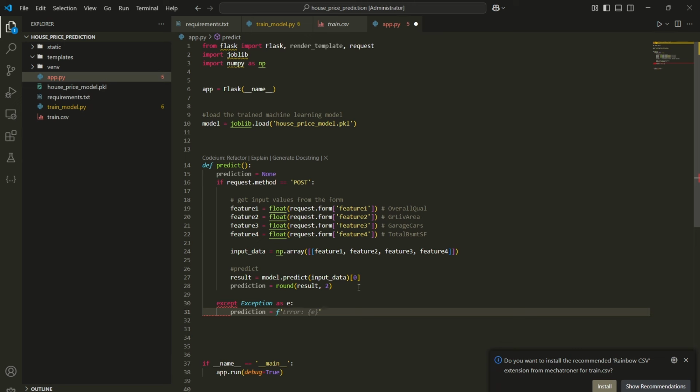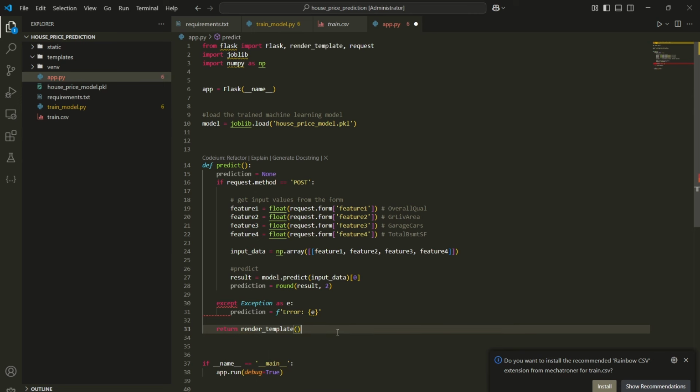So I will pass the error, and I am getting here an error is e, and in the next line let me return the